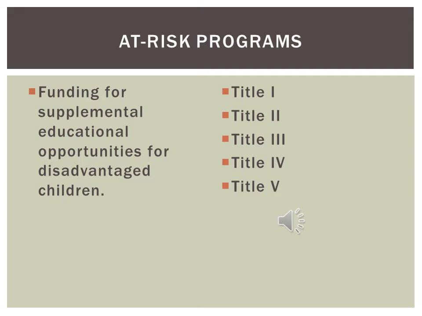Now, some of the programs are directly for working one-on-one with students, but some of these programs could also be school-wide. If you have a large number of students that are considered to be at risk, then that school could be labeled as an at-risk school, and funds could possibly, if it is a block grant, if you think back to what we talked about in previous chapters, a block grant could be used for other students as well. So in that case, those funds could be used school-wide and for enrichment programs for the entire school instead of just those particular students that are labeled at risk.